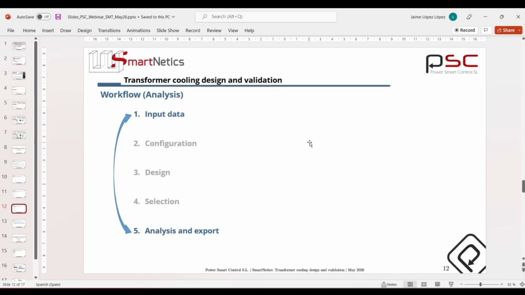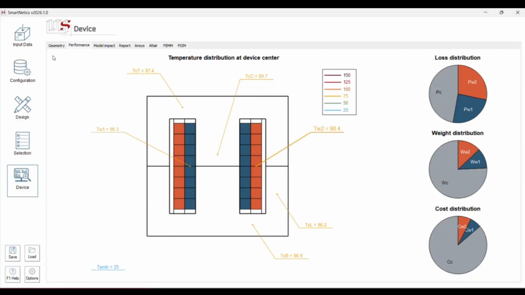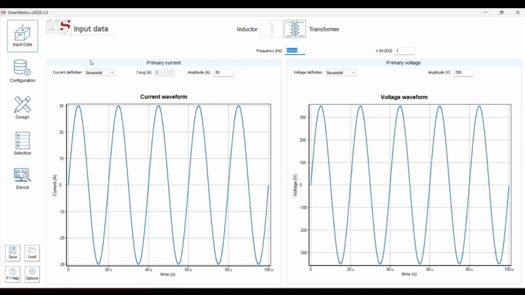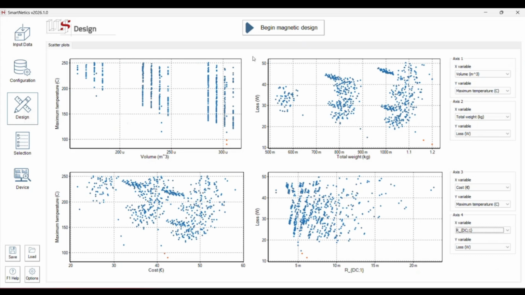So that's what I'm going to do now. Okay, what I did before is to design a device. I have many possibilities. I select one of them, the one that I prefer, but that is not what I want to do now, because this is for a given voltage, current, etc. What I want to do now is to set the design to a single solution, to the one I decided, and then check how it is going to behave under different specifications. To do that, what we can do is, instead of providing the tool a whole range of possibilities that end up being hundreds of possible designs, if I restrict everything to a single solution, I will get a single solution in here.